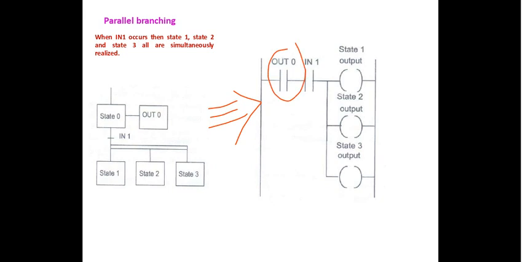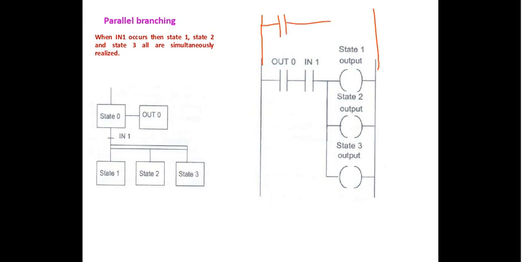So this is the meaning of the convergence. If you want to have state 4, either IN4 from your state 2 or IN5 from your state 3 occurs. So now see here, state and IN4 happen to be one input when both are ANDed, right? That is one case. Apart from that,